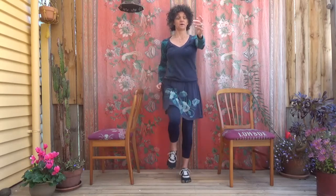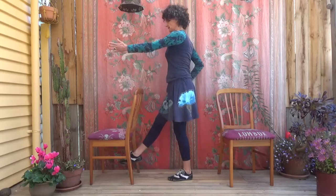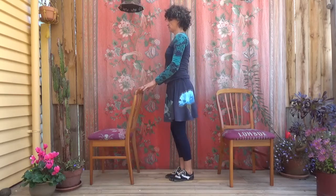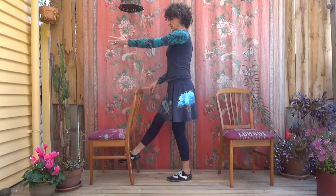Yes, straightening the arm. Keep going. I'm just going side on to help demonstrate the next bit, and you can add the leg lift. So straighten the leg out, doesn't have to be far, and you can hold the chair with the opposite hand as you do that. And keep going, and if you sense while you're doing this you're starting to sink down